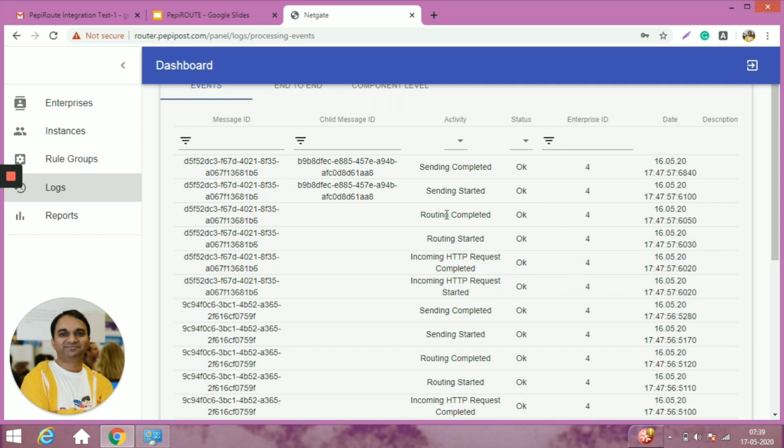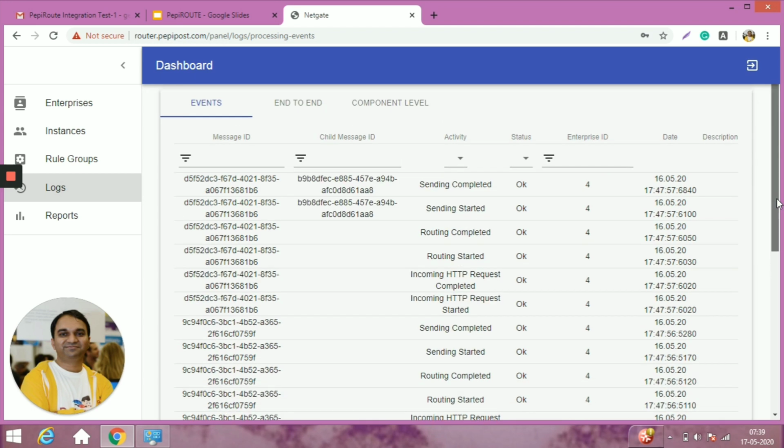It will give you the complete information, like whether the email was sent from SendGrid or from PepiPost. So you can do component level debugging, end-to-end debugging, and specific message level debugging also, whether the message is delivered, not delivered, what happened to it. All these types of troubleshooting you can do from this one interface.